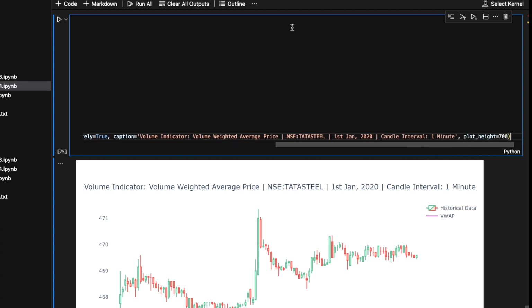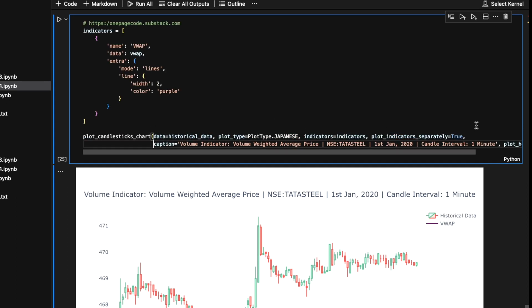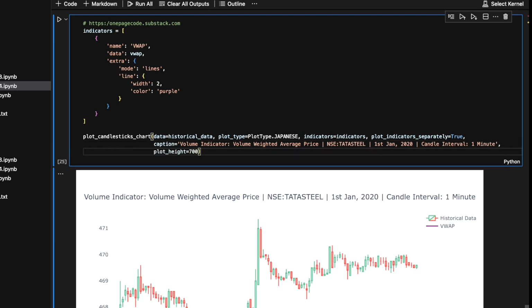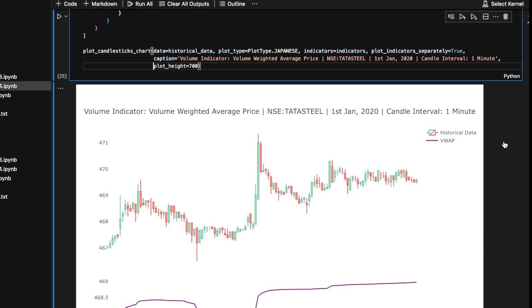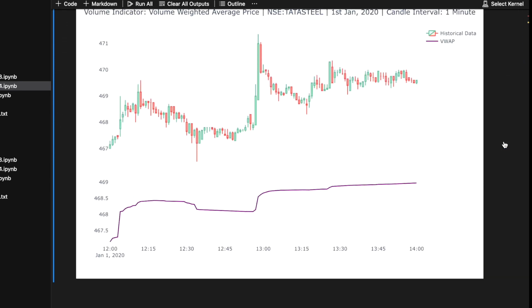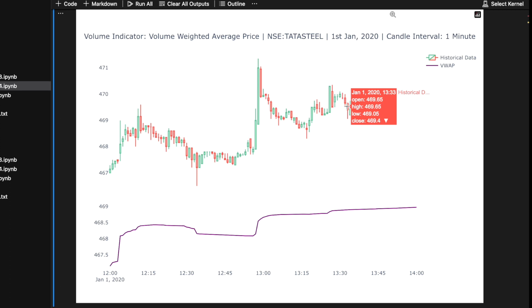This code defines a list called indicators which contains a dictionary. The dictionary has a key-value pair for the name of the indicator, VWAP, and a key-value pair for the data associated with the indicator, VWAP. It also has an extra key that contains additional information about the indicator, such as the mode of plotting, lines, and the line properties, width 2, color purple. The code then calls a function called